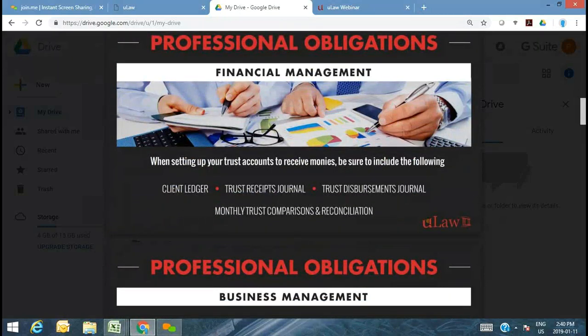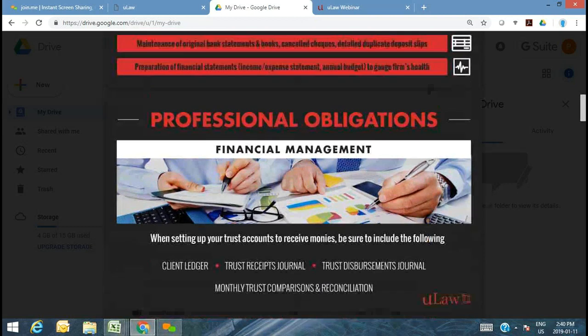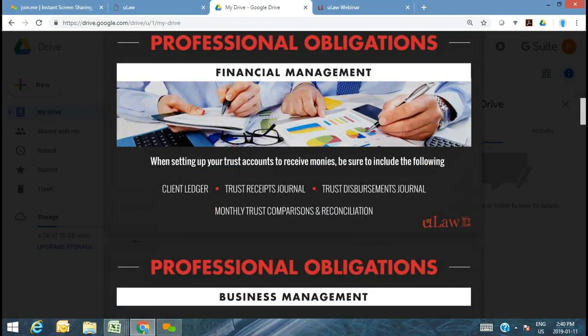So, looked at financial management. Okay, so if you look at some of the documentation or documents, if you will, that you want to keep in mind, we spoke about the client ledger. Now, the ledgers could be specific to a client, but the Law Society does ask you for a ledger for a date range, predominantly a month. And in that ledger, you probably want to have all the clients that you've dealt with in that particular month that have an opening or whatever is their outstanding balance, both for trust and general, right? So ledgers are both trust as well as for general.